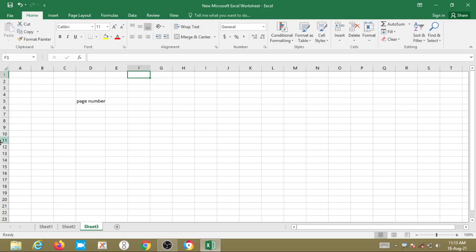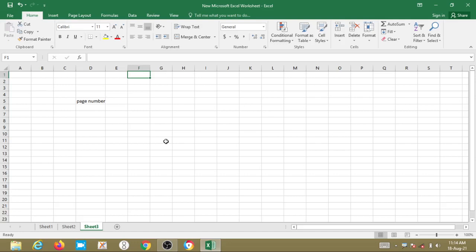See here, these are the rows and these are the columns, right? So the proper arrangement of rows and columns is called a spreadsheet.